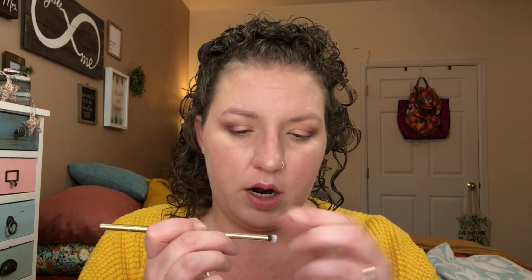Going back in with Wild Heart just a little and going to make sure that that berry stays present. Just tapping back and forth over where the berry and the gold meet. Alright, going back into Hell Ride, this deepest shade right here, with a little small dense domed brush with fuzz, as always. I'm going to pick up Hell Ride,